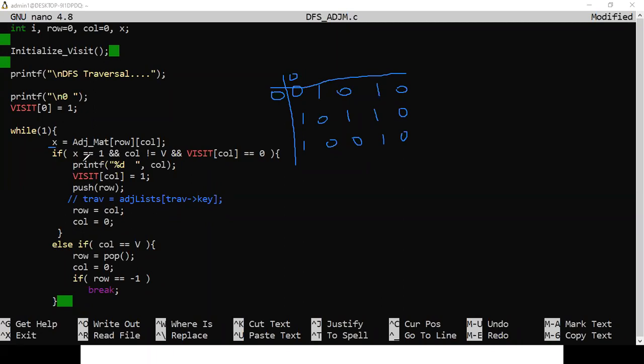So here this condition will not be satisfied. Then the else part will check whether column is equal to V. Column is not V, currently column is 0. V is the number of vertices, or the number of rows or columns. Both are the same, right? So now what should we do?